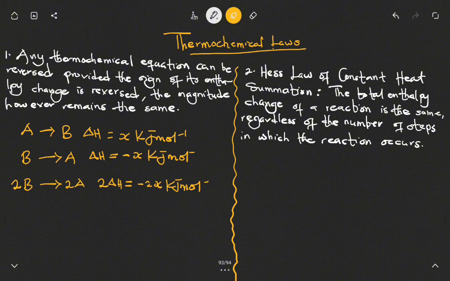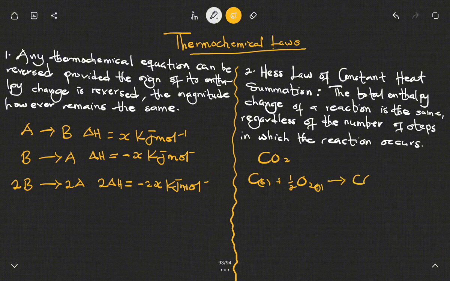So for example, we can consider the enthalpy of formation of carbon dioxide, CO2. We can have solid carbon being burnt with a half mole of oxygen gas, and we are going to have